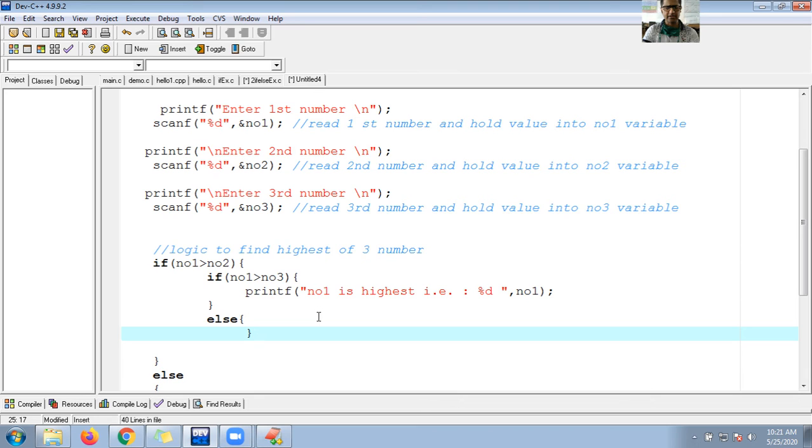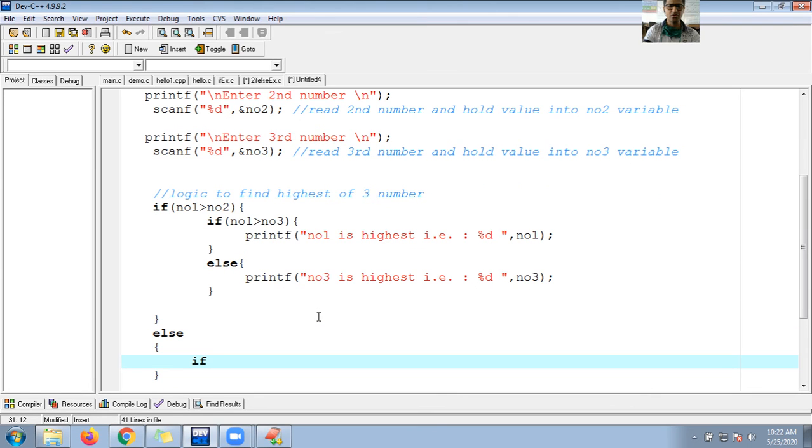So let me go to the outer else. Here I want to check the other two. Here I checked number 1 and number 2. What if number 2 is highest? Control will jump into the else block. Again in the else block, I have to check if number 2 is greater than number 3. So here let me write if else.